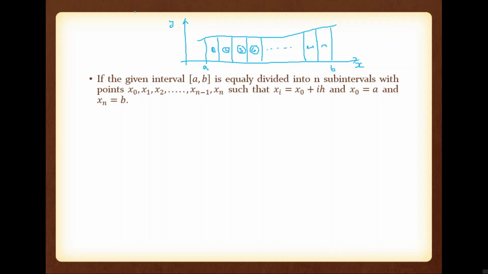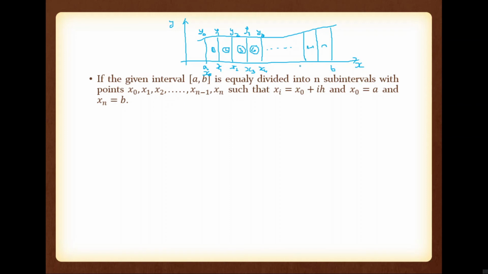So the first value, the a, is taken as x0 and the corresponding value is y0. Then this is x1, where x1 minus x0 is h, and corresponding to x1 we have y1. Then after the second interval we have x2 and the corresponding one is y2. Now this one is x3 and the corresponding one is y3. Then this is x4. Then here we have y4,